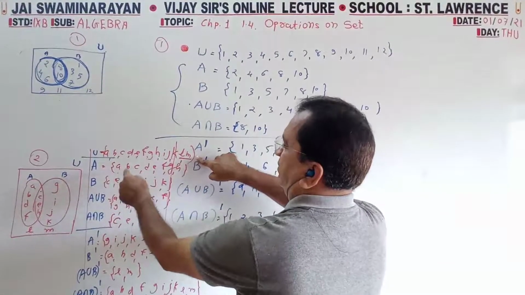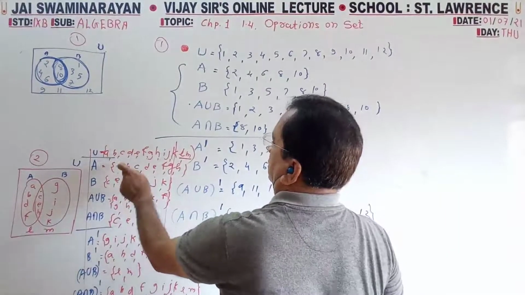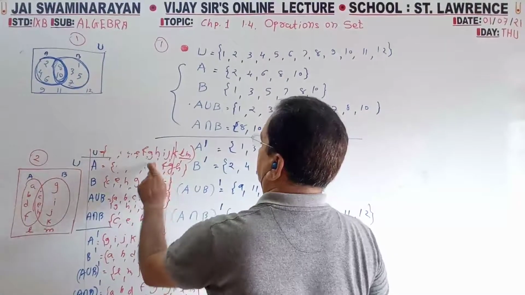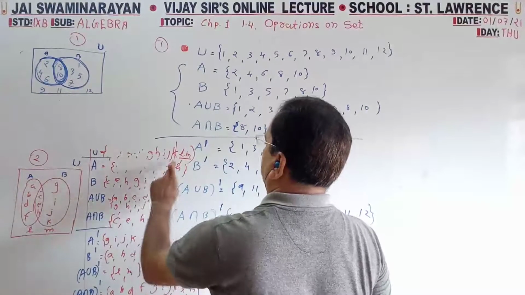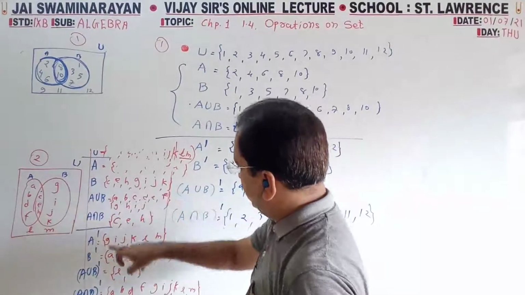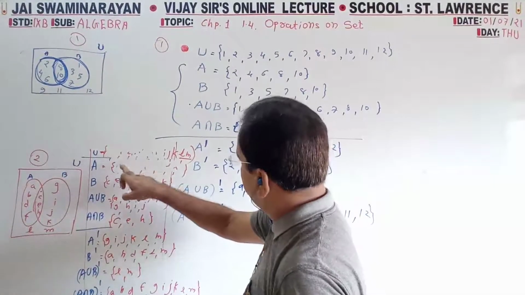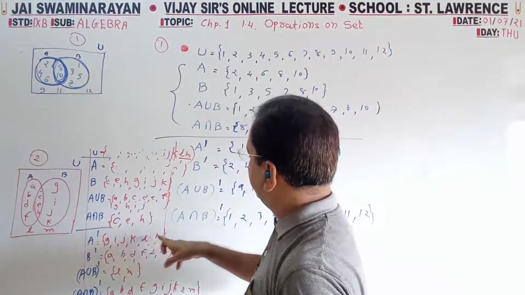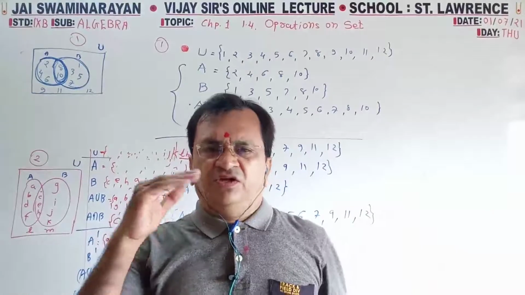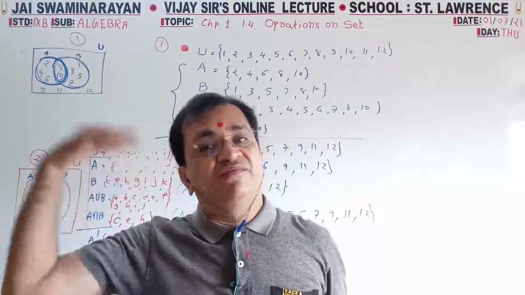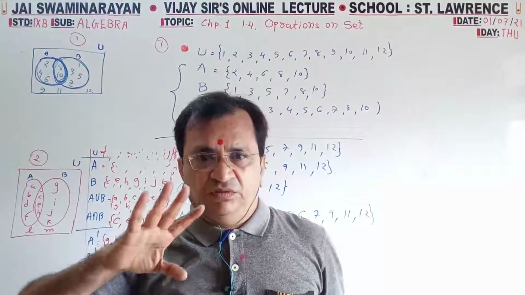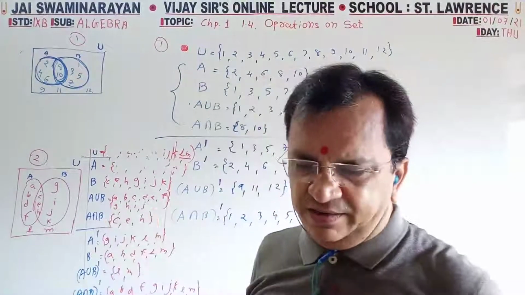If you want A complement, all of A remove, B remove, C remove, D remove, E remove, F remove, G remove, H remove. Whatever is I, J, K elements remain; by mistake I cancelled G. So G, I, J, K, L, M remain. That is the complement. In exam you will do like this. So very easy. All these elements, if you delete from universal, every time you have to delete from the universal, you will get the complement. Follow?